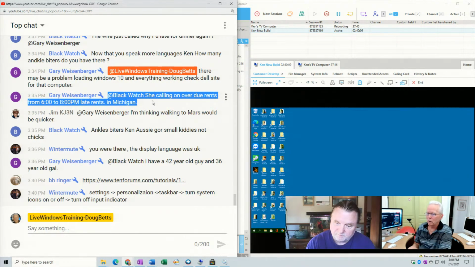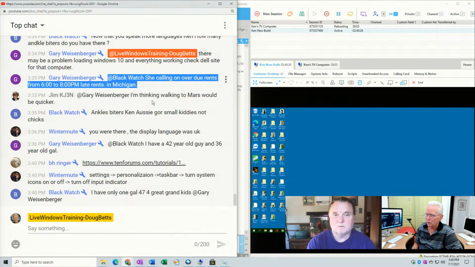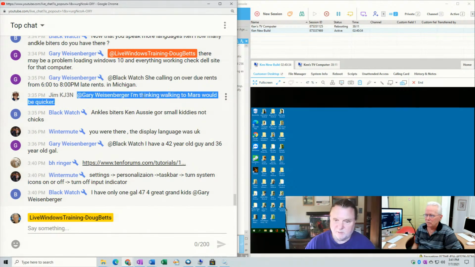Well, now, what do you mean by that research? If you go to the Dell site, they'll tell you it is not compatible, supported on that computer. It's not compatible. Right. Yeah. All that means is that they haven't tested it. But I've installed Windows 10 on lots of computers that the manufacturer never documented as being Windows 10 compatible, and they've worked fine. Is that because they want you to buy a new computer? Well, no, it's because they don't want to spend the money to test it on